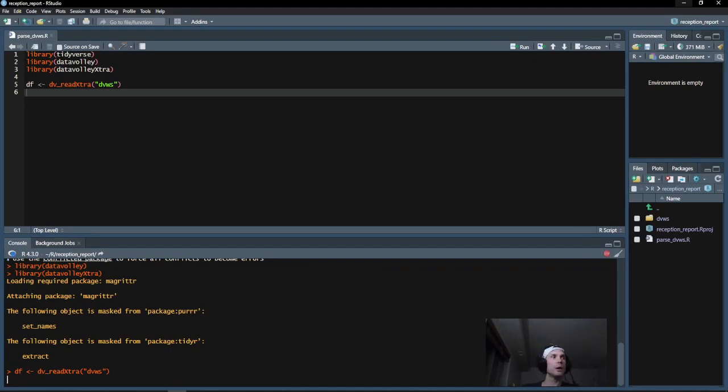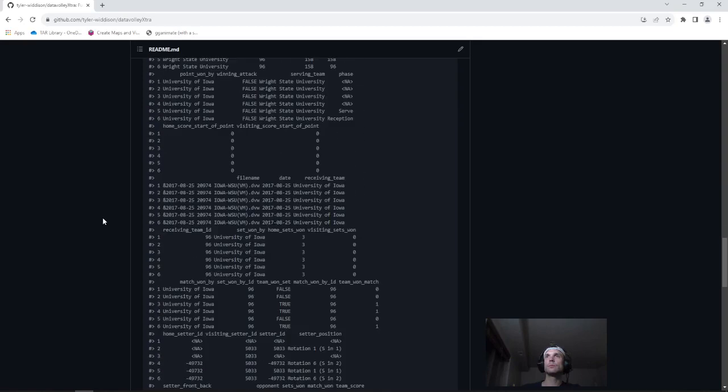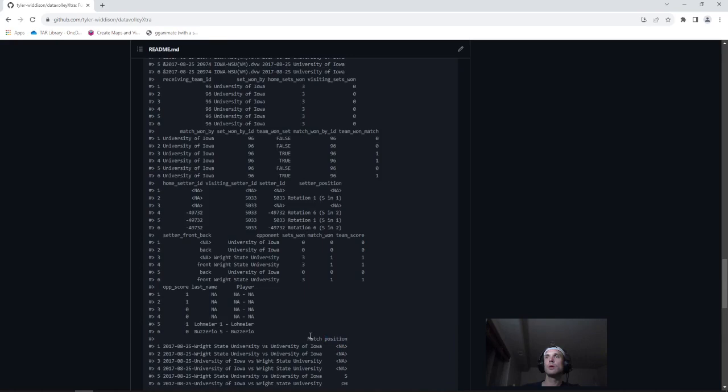It's quite useful. If you look at that package I was just at, we can see the position of the player, the match happening, so the date and the two teams playing. You have the player, so the number of the player with a space and a dash and another space and the last name of the player. You have the opponent score, the team score, the match won by the team, the sets won by the team,